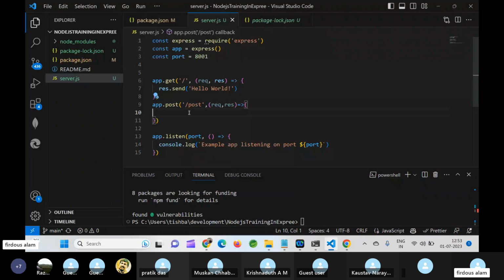This is the basic structure of any route that we will create directly in our Express.js. We will not use it in this way; we will create a routing function and then do it. But for now, I can show you that in this way we can create simple Node.js get and post methods.